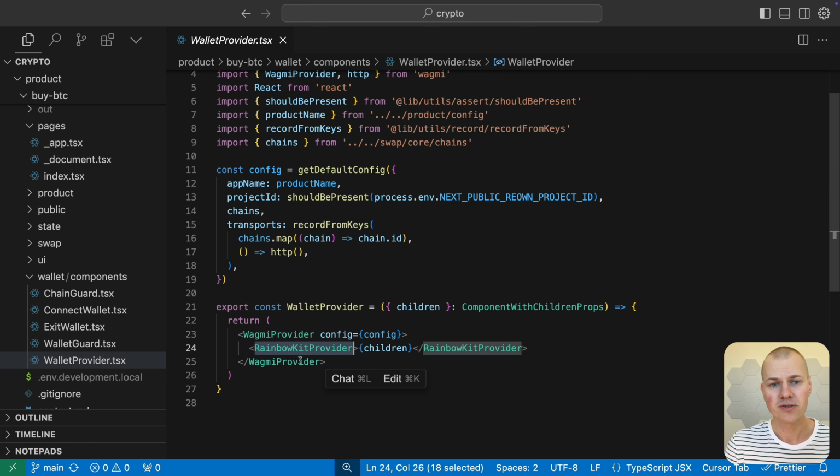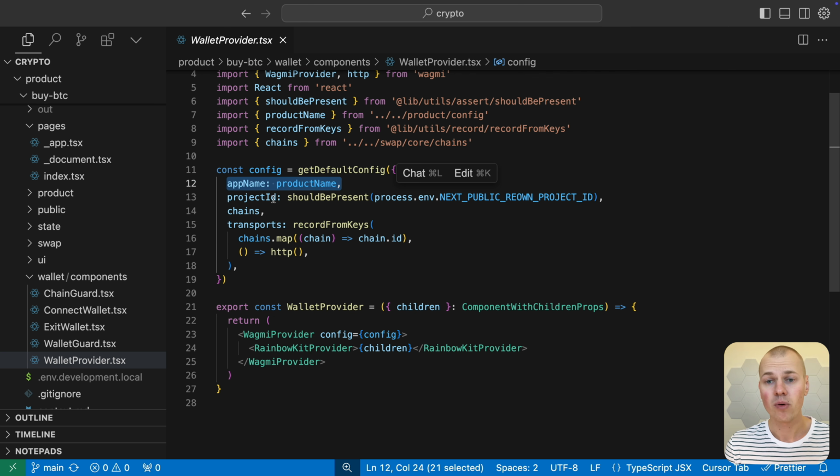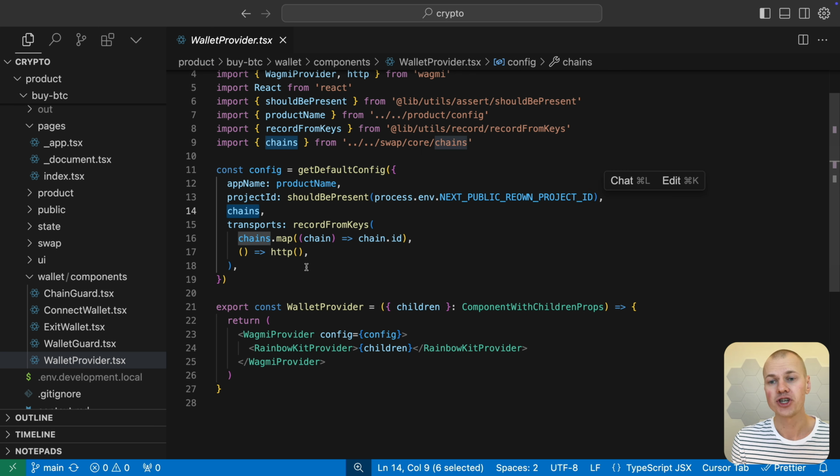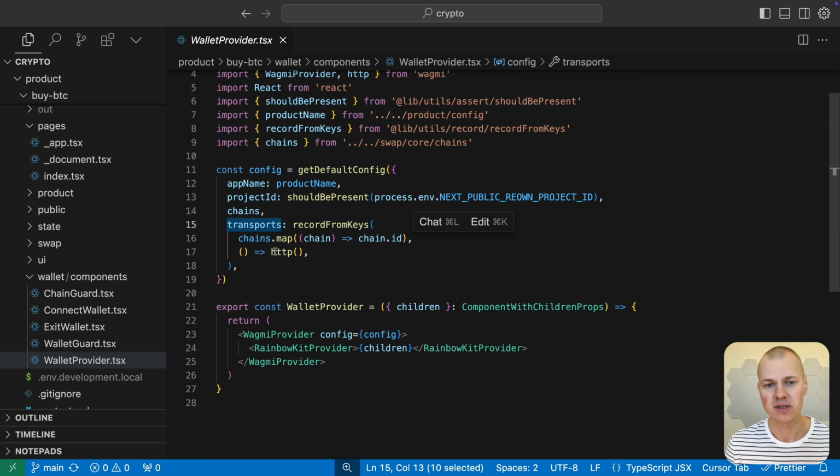The WAGMI provider configuration includes several key components: our application name, a project ID obtained from WalletConnect for enabling mobile wallet connections, and the list of supported blockchain networks. For each supported chain, we configure a transport layer using HTTP clients that facilitate communication between our application and their